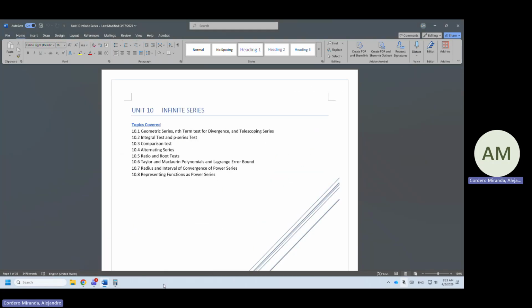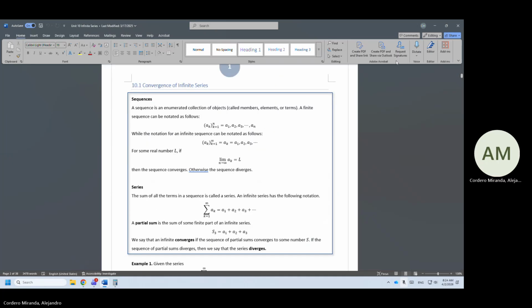But here we go. This is a big day. It's your final unit. And it's all about series, which just means, well, join me on the first page because it does a good job of explaining what series are. So series just means a sum of, well, it's helpful to talk about sequences first. So a sequence is just a list of numbers in order. Like the first number is